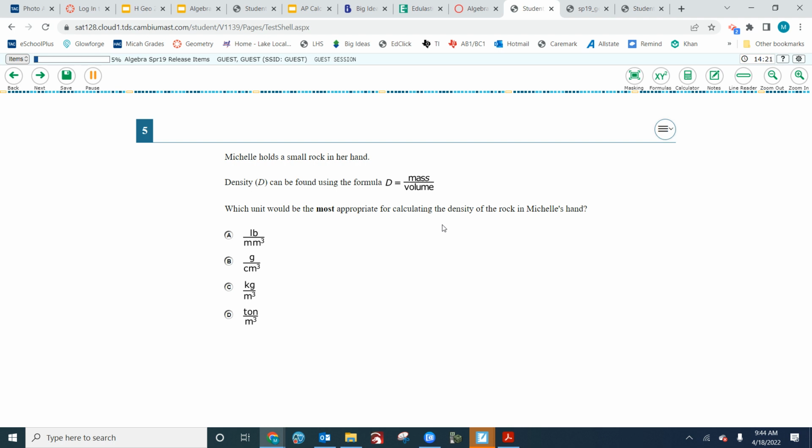This is grams. B. Grams over centimeters cubed? Yeah. And the key, I guess, is small rock. You wouldn't measure in kilograms and cubic meters or tons. Do you guys agree that's narrowing it down as part of it? Part of it is getting rid of some of the units of measure that just aren't appropriate for a small rock, pebble, sorts.